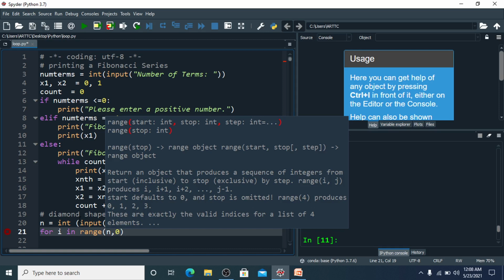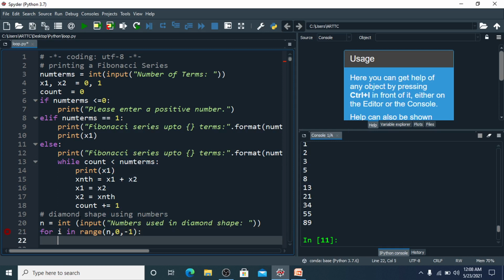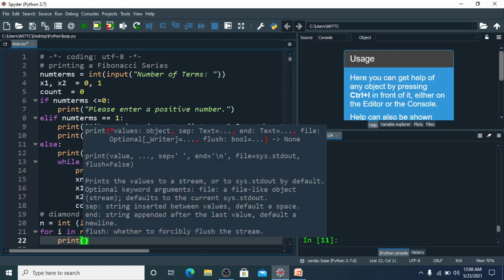In the diagonal we don't want any space to be printed, then -1, so it will decrease one by one. So now how many spaces do we want to print? This i minus 1, because one will remain there, so we need one less than the n space,